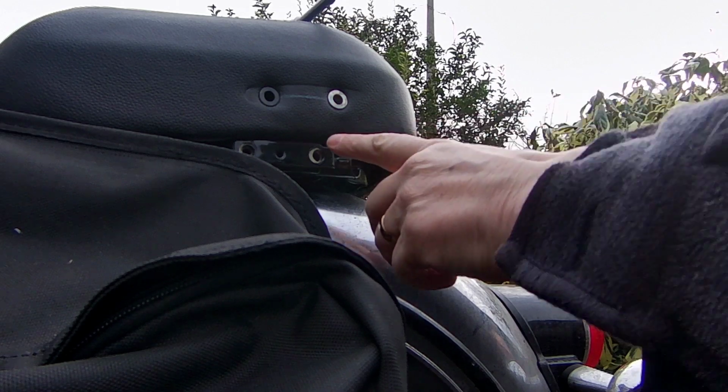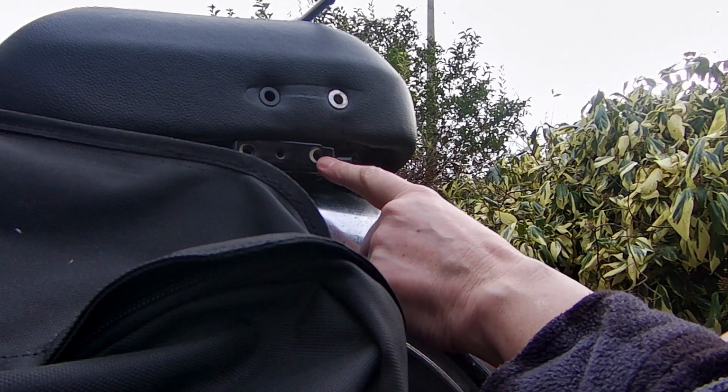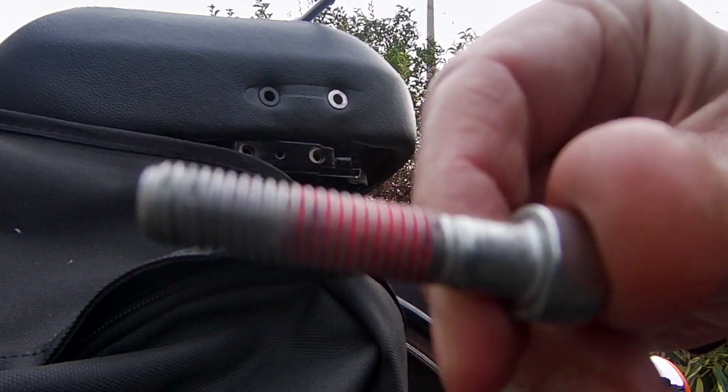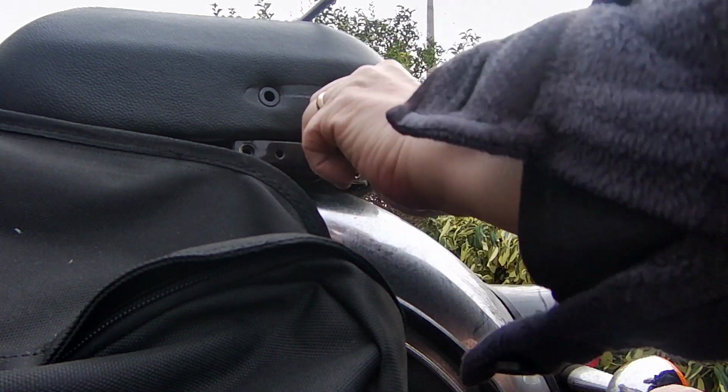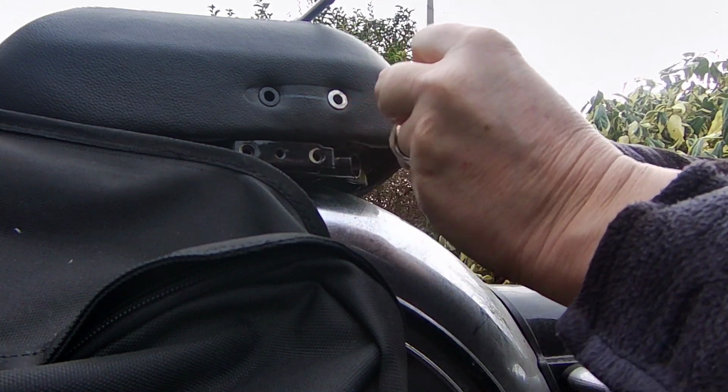Now this hole here is still dirty, and here's a dirty bolt with the red stuff on it. So if I go to run that one in, it immediately binds up on that stuff. It feels actually like it's going to cross thread. That's how tight it gets. So I'll take this one out,